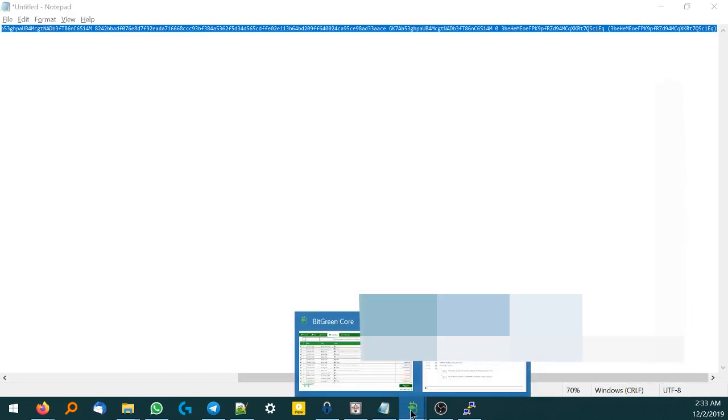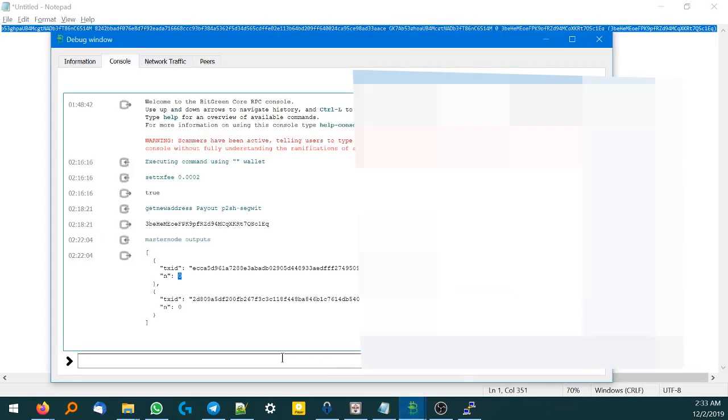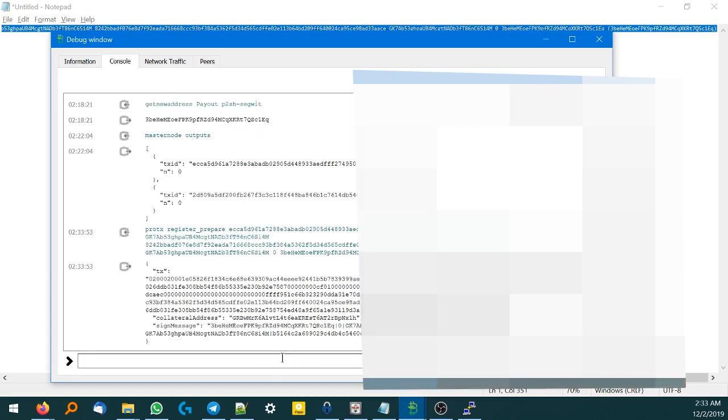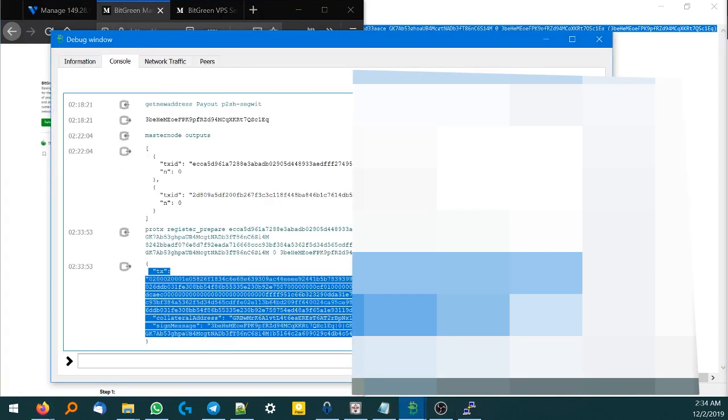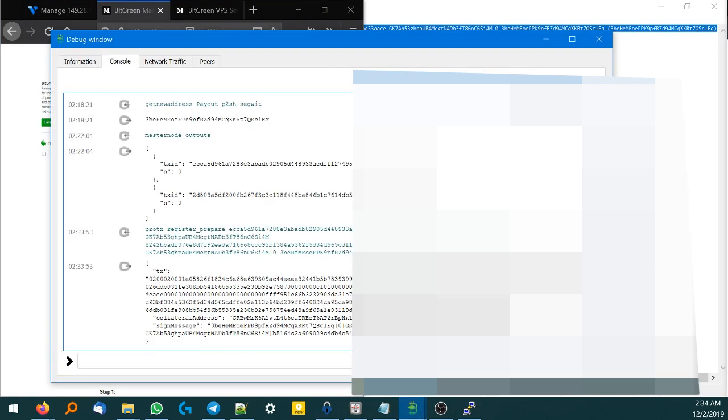We're gonna copy all of this, and now we're gonna go into the debug window. The debug window, we're just gonna paste this command and submit it. This has created the following return, which is the transaction, the collateral, and the signed message. These are gonna be details that we need right away. So now with this information, we go back to the console, and we're going to be doing the step 2